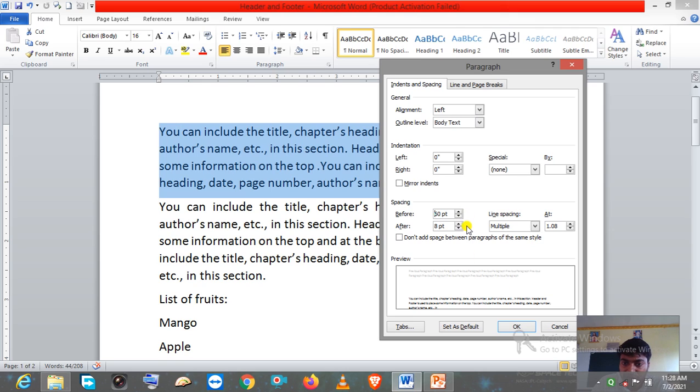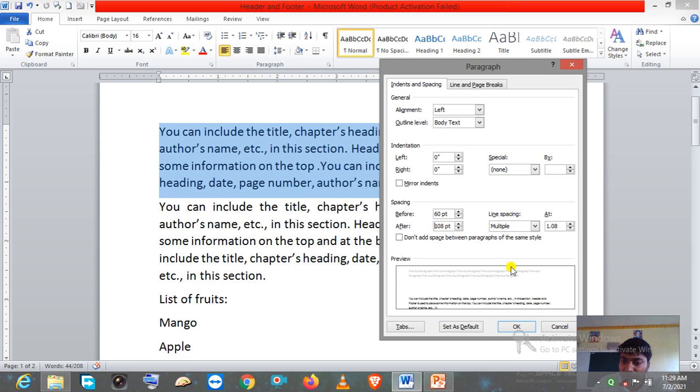And if you increase in the after box, then this space will increase. That means after this paragraph, whatever space is there will be increased. So here you can see in the before box I have set 60 pt and in the after box I have set 108 pt.